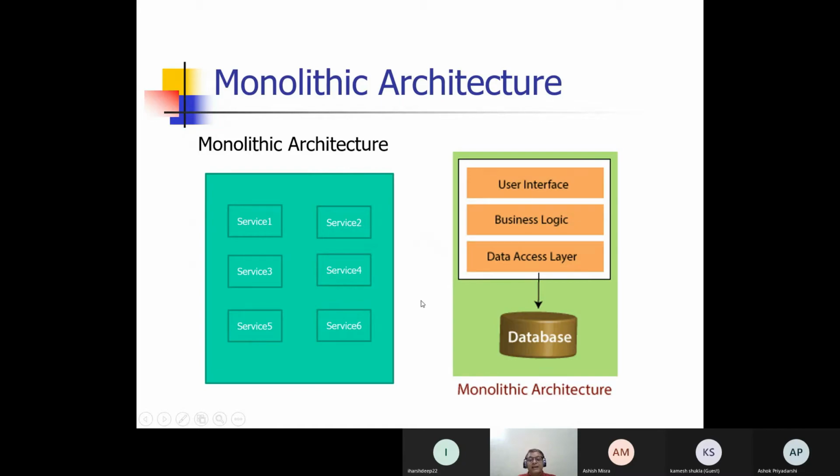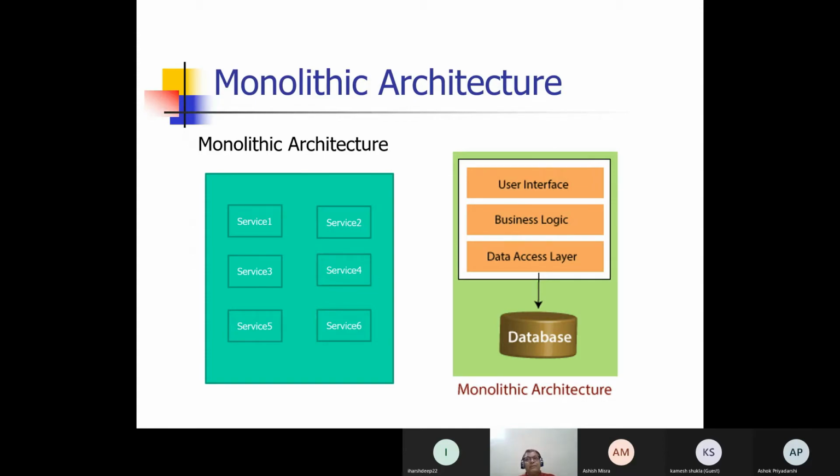So by this diagram, we can understand that one large application that we build, maybe in an organization, maybe software for an institute, for a school. There will be a service by which students can get enrollment into the school.